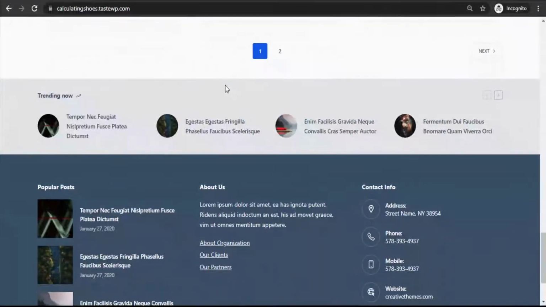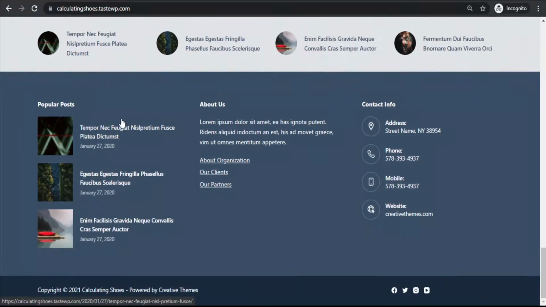Then again if I go down, we have one trending section here where all the trending article will be shown here. Then if I go down here, you can see we have a footer section. So basically here we have like 3 widgets, and below that we have a footer section. So definitely we can keep here like 3, 4 or even 5 footer widgets. So basically many of the premium theme even don't provide 5 footer widgets, but Blocksy provide that even in their free version. And then if you go at the bottom, you can see here we have a copyright section, and then we have a social icons.